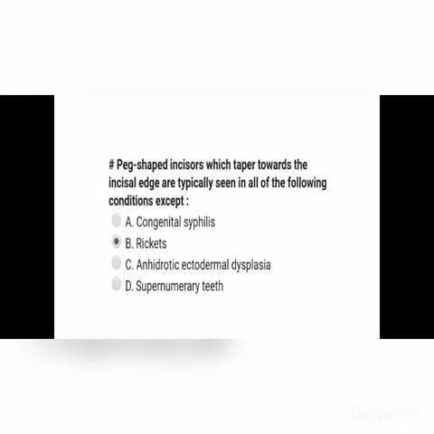And regarding rickets, you all know that rickets is due to vitamin D deficiency, and the oral manifestations may include developmental abnormalities of the dentine and enamel, delayed eruption, misalignment of the teeth in the jaw. The teeth may have a high caries index, so it is not associated with peg shaped incisors. So let us move on to the next question.